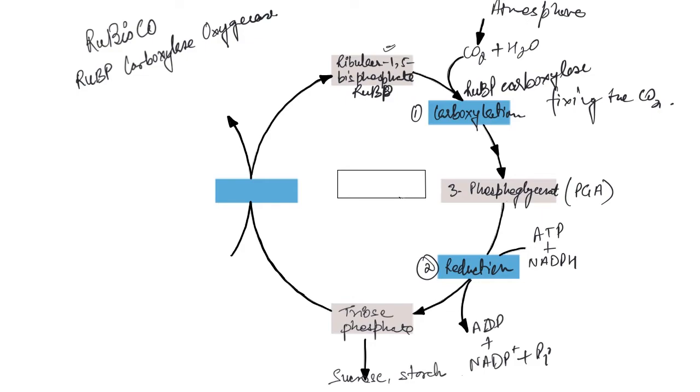Now, this starch gets either stored or utilized. Now, what happens to the triose phosphate? So, now basically we have to regenerate, right? Since it is a cyclic process, we have to regenerate the ribulose 1,5 bisphosphate back from triose phosphate, right? So here basically regeneration of the CO2 acceptor molecule, which is RUBP, is crucial so that the cycle is not interrupted, right? So the regeneration steps require again one ATP. So again one ATP is converted to ADP, and this is the third stage, which is of regeneration,